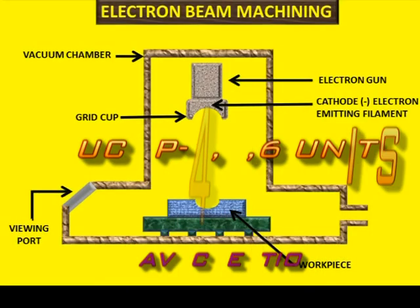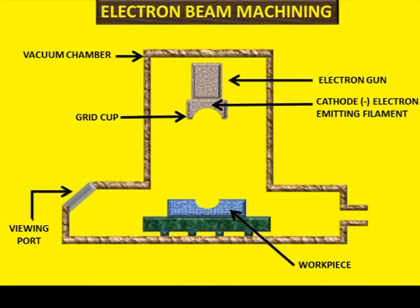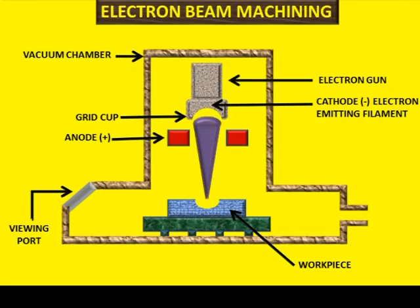Voltage accelerates a stream of electrons in the direction of the workpiece. And here this is the anode, and when electrons are emitted from the tungsten filament, this is the stream of electrons that is accelerated in the direction of the workpiece. After acceleration, the electrons are focused by the field and travel through the hole in the anode,